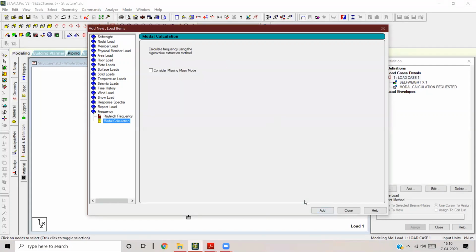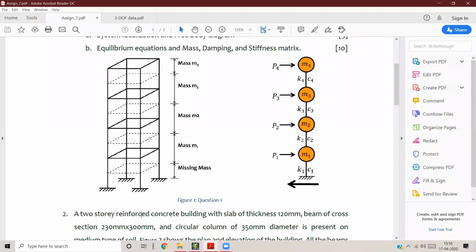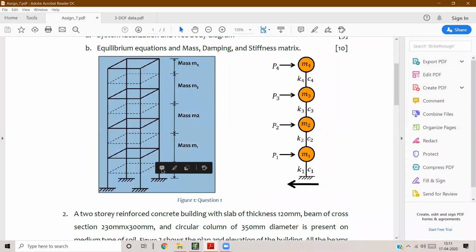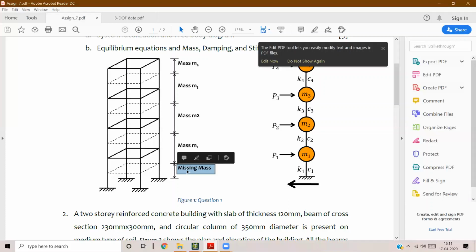This add here. Now you can see that there's a toggle switch here which says consider missing mass mode. I've already told you guys what missing mass mode is. Let me quickly find that PDF. So you remember this. If you have, say, a 3-story building, the top lump mass will be half a story on top. The next will be half from top, half from bottom. But when we come to the bottom story, this slab will have half from top, half from bottom, but this lower half of the bottom story is not considered anywhere. So that is considered to be missing mass. So this is a key thing.